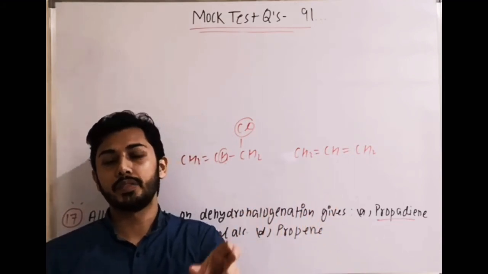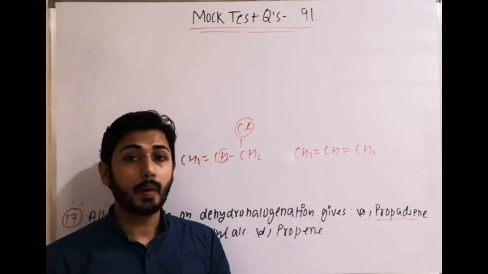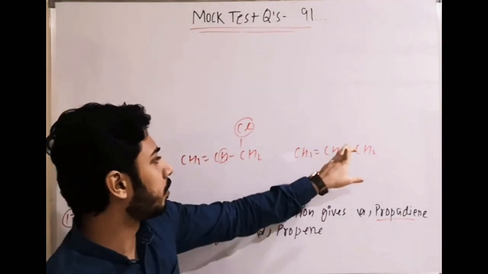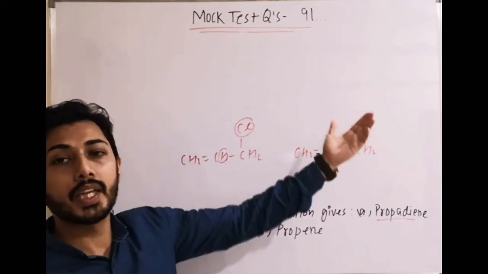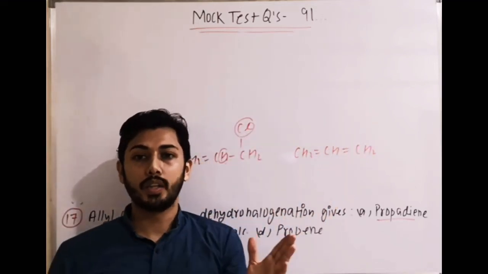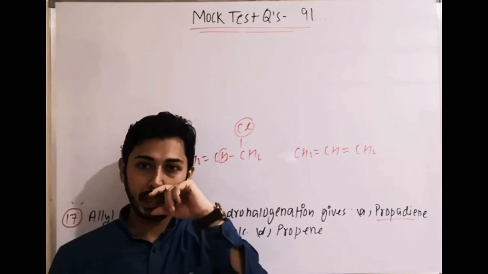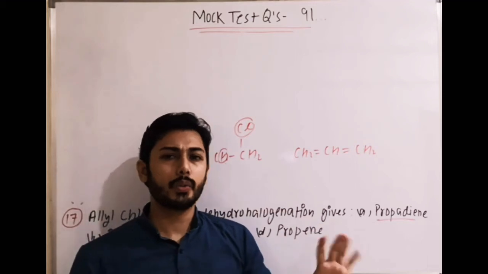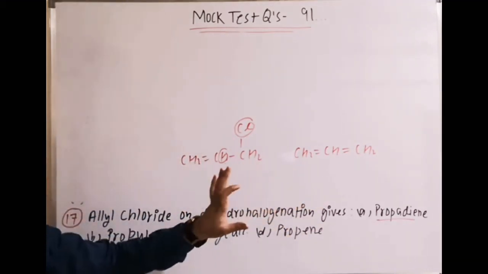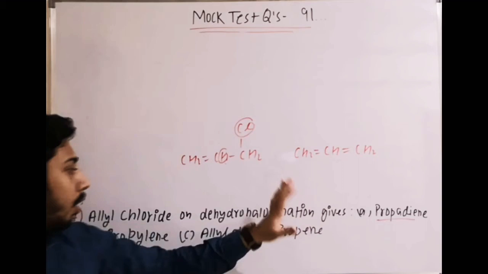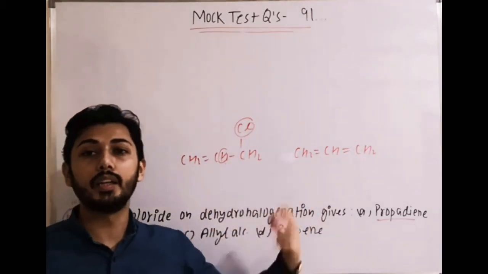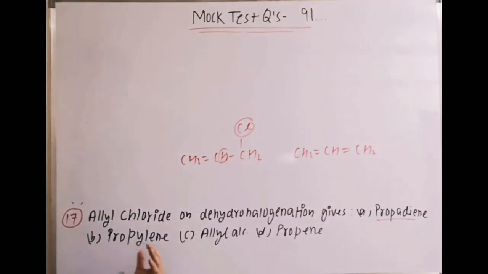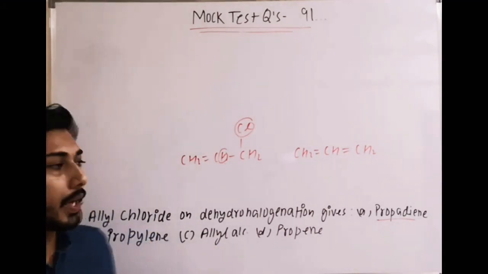The reason is isomerization takes place, and why? Because propylene is thermodynamically more stable. So what happens? This pi electron shift on the one side, charges develop, and just like if you remember in NaNH2 and alcoholic KOH, with one case if we take NaNH2 in excess, terminal alkyne is formed, isomerization takes place. So here also you can take that the reason is only thermodynamic stability. Although they have not mentioned anything about heating further, the answer can be taken as B on the basis of thermodynamic stability of propylene being more.